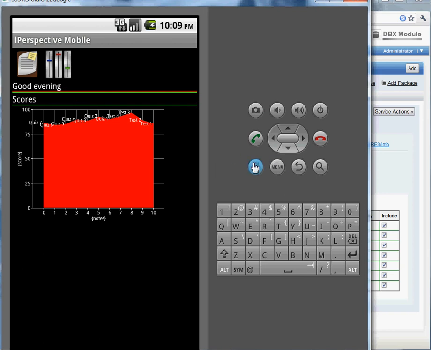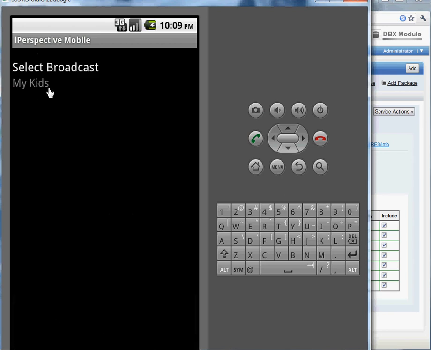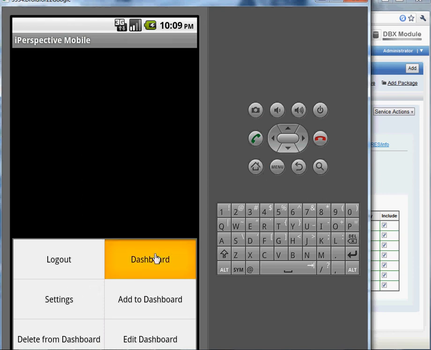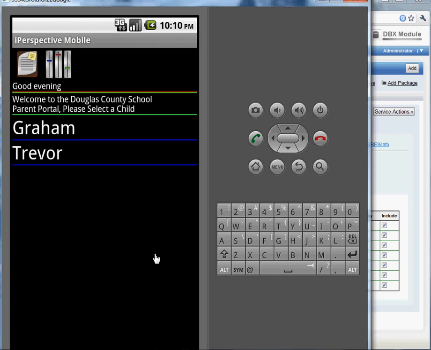And at any point in time, we can either turn these options on or not for the person. But within here, you could allow them to add items to the dashboard or delete items from the dashboard. And the items that you would be able to add would be listed right here. And we can have children items as well that automatically get displayed, and we can pre-configure the client as much or little as we want. So we could always have it for everybody show up with their kids' names,